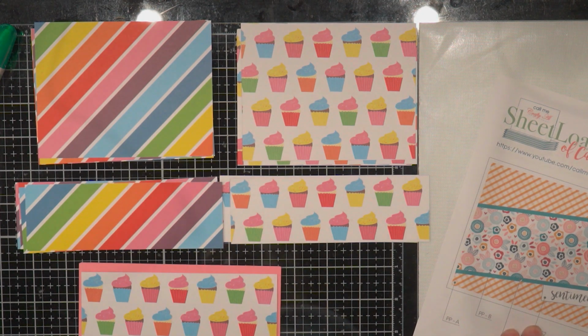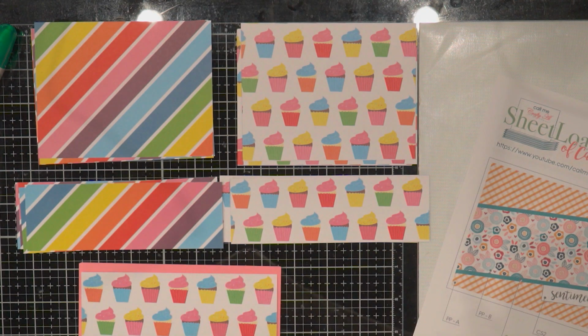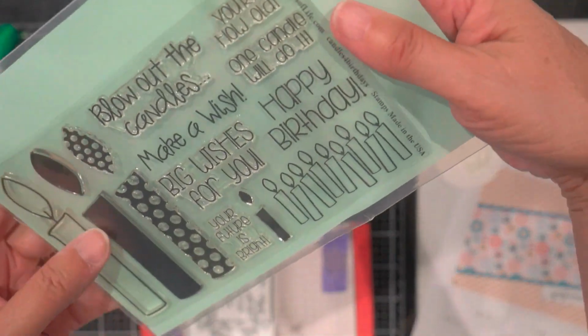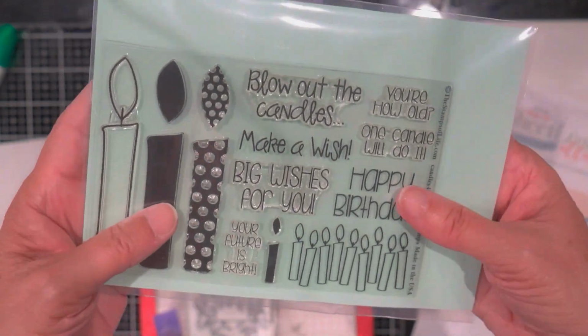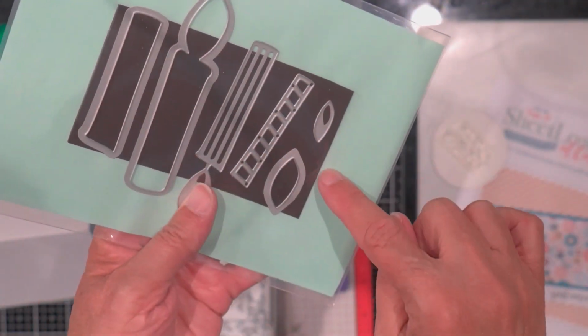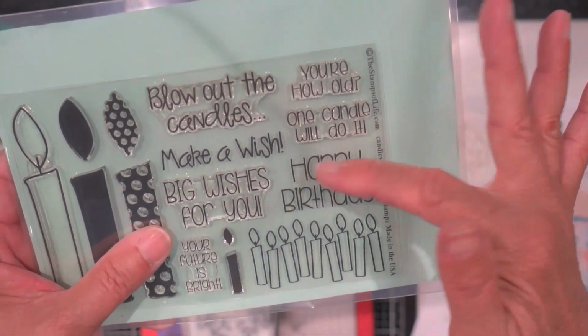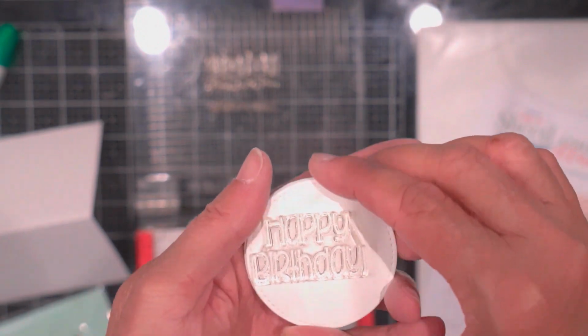And then, yeah, I think I need to assemble and then pick out my stamp set. So I'll be right back. Okay, I decided on a stamp set. I got this one here. This is from the Stamps of Life. It's a very cute birthday set, and then also came with some dies. And I like the happy birthday, and I thought that I would do that on some of these little cutouts